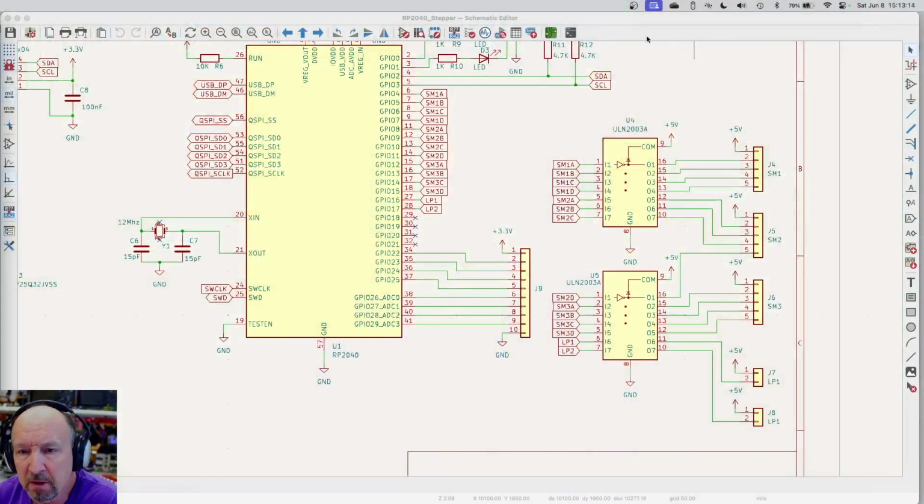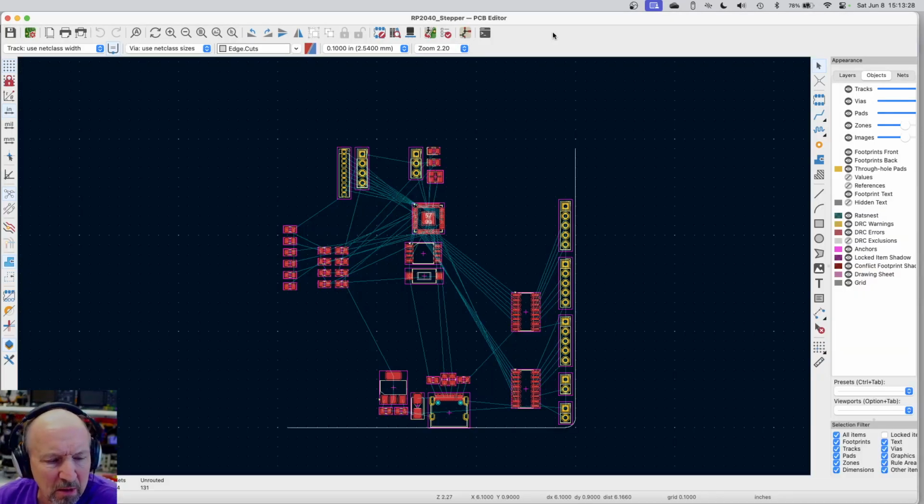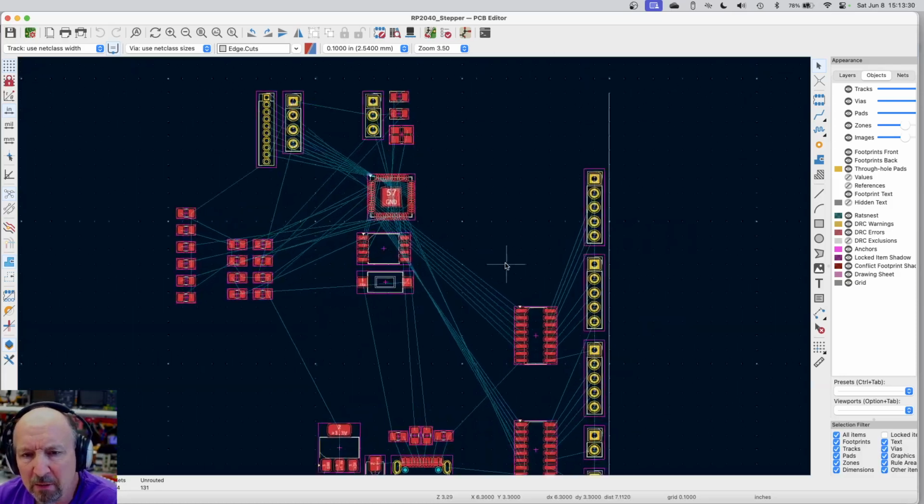Video number 5. Okay, so what we've got is, well, let's see. Click on that. Here's our schematic. I arbitrarily just connected these GPIO lines up to these transistor array drivers and connected them through just as a convenience. That may not be the correct way. When we look at the layout,